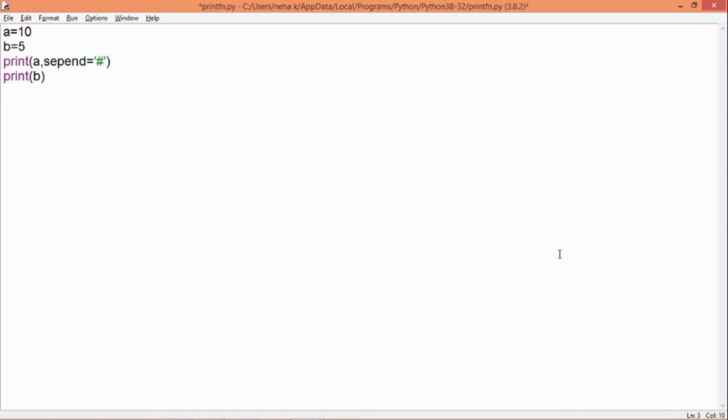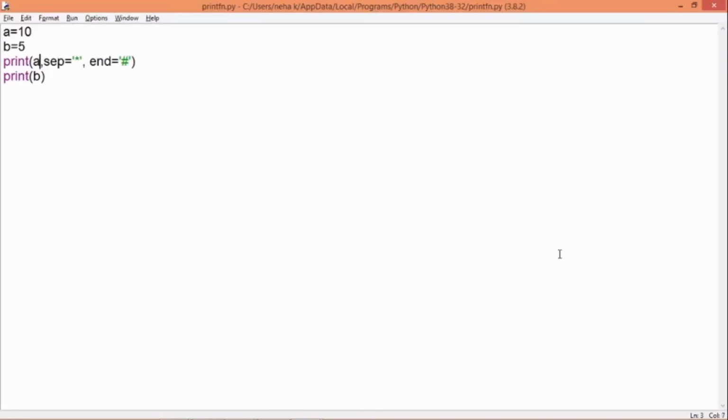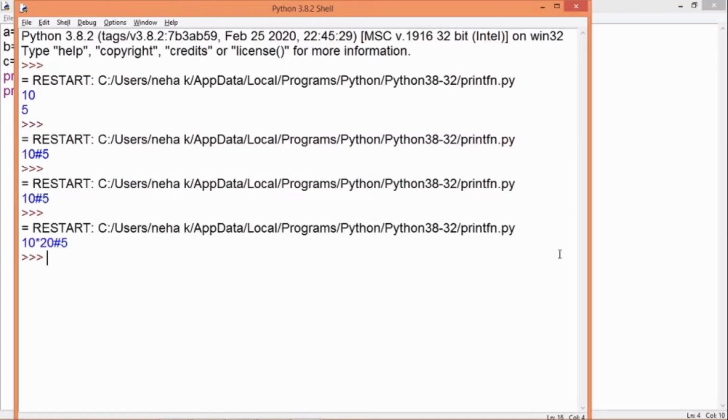If this comes as a separator now, then what is the use of the sep argument? So let's see, I'm going to use the sep argument in the same print function statement, and the value assigned to it is star. Let's check the output, and you can see there is no star symbol in between. This happened because the first print function does not have any comma separated values. So I am using this variable C here, and you can see now A and C are separated by star because they are to be printed in the same line, whereas B, which is in the second print function statement, is shown in the first line with this hash in between.